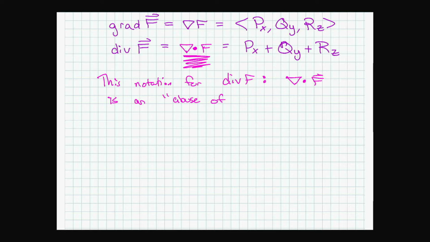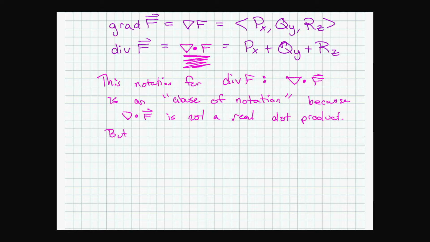You probably haven't heard that very much in your mathematical career yet, but stuff like this happens in math a lot, where this is not a real dot product, but it kind of reminds us of a dot product. So we use the notation for a dot product, even though it's not really a dot product. Okay. So this is an abusive notation because this is not a real dot product. But they use this notation